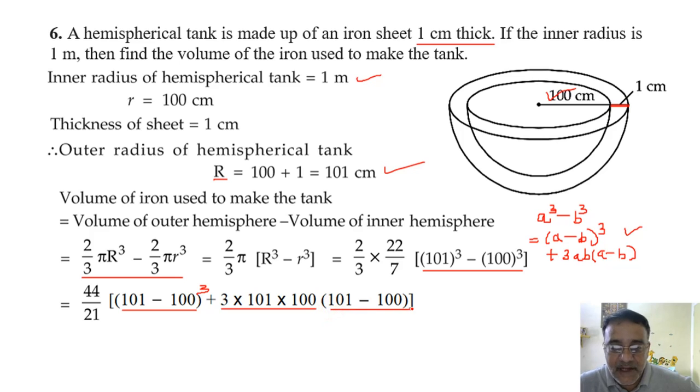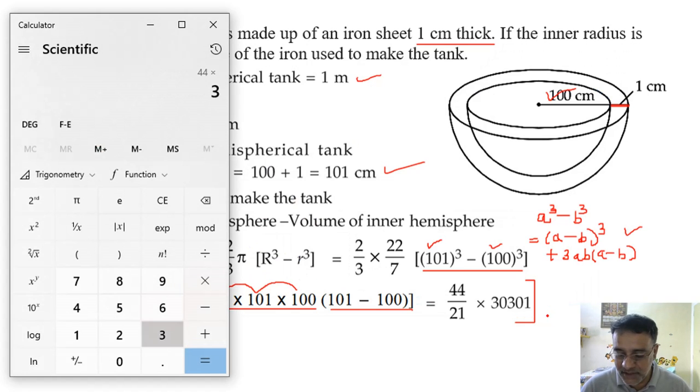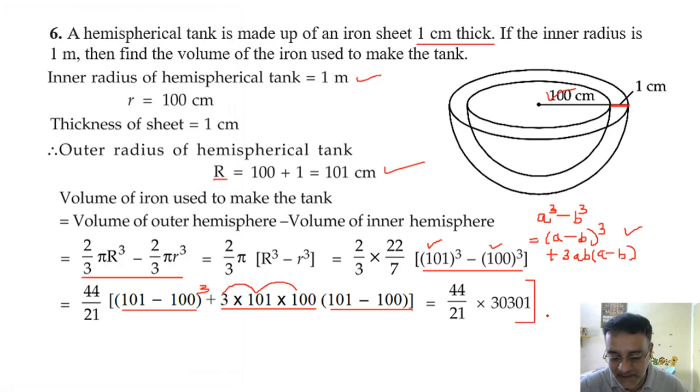So this will also become 1. So look carefully, this will become 303 into 100, 30,300 plus 1. Calculation is clear? Yes, sir. Otherwise, you can take the cube of both and subtract, then also you will get the same answer. Okay, so 44 into 30,301 divided by 21. So approximately we are getting 63,487.81